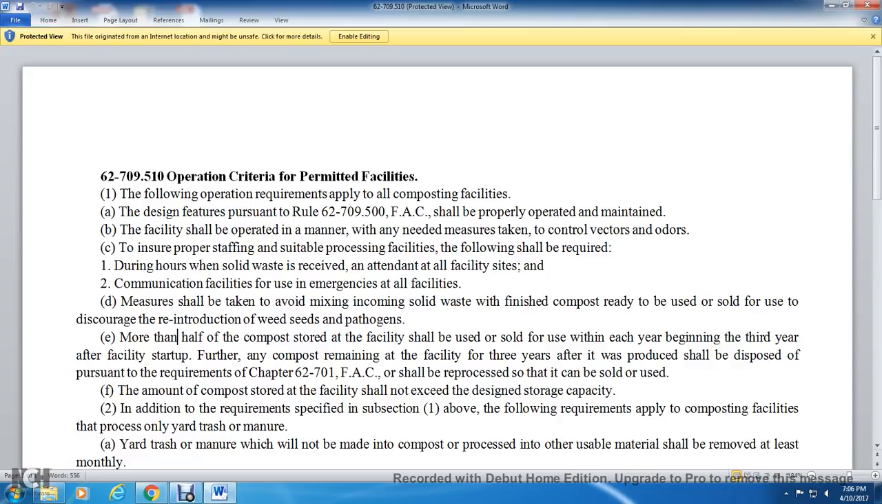Suitable processing facilities shall be required during hours when solid waste is received and handled at all facility sites. A communication facility for use in an emergency at all facilities. Measures shall be taken to avoid mixing incoming solid waste with the finished compost ready to be sold or used, to discourage reintroduction of weed seeds and